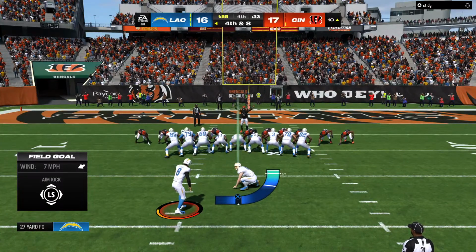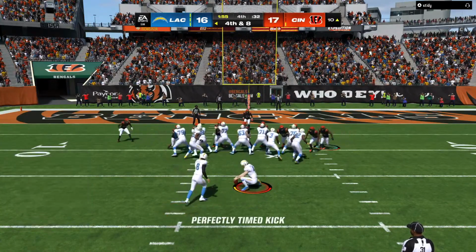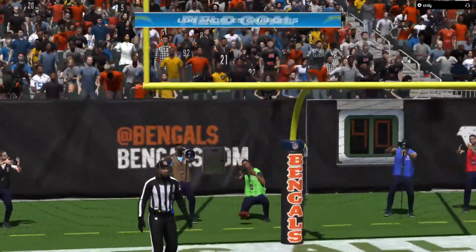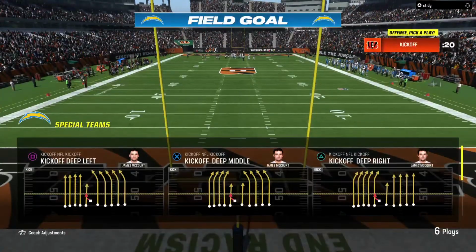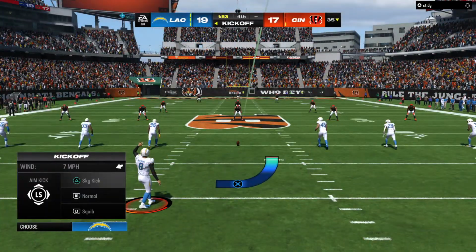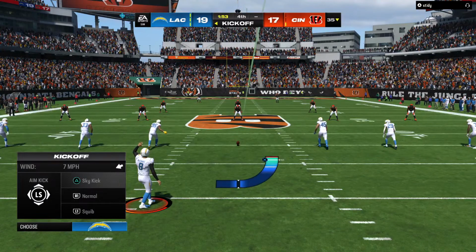This for the lead in the final stages. And his kick is good. And they have taken the lead here in the final 2 minutes. Big kick right there to give them the lead in the fourth, but there is still time left for a